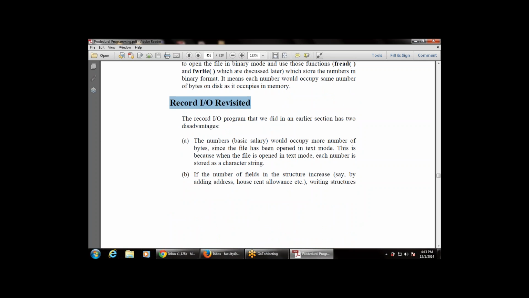Then the next category is record input output revisited. This says the record input output program that we did in an earlier section has two disadvantages. What are the two disadvantages? Why is it not possible to store the data in a text or binary file? The number, that is the basic salary,